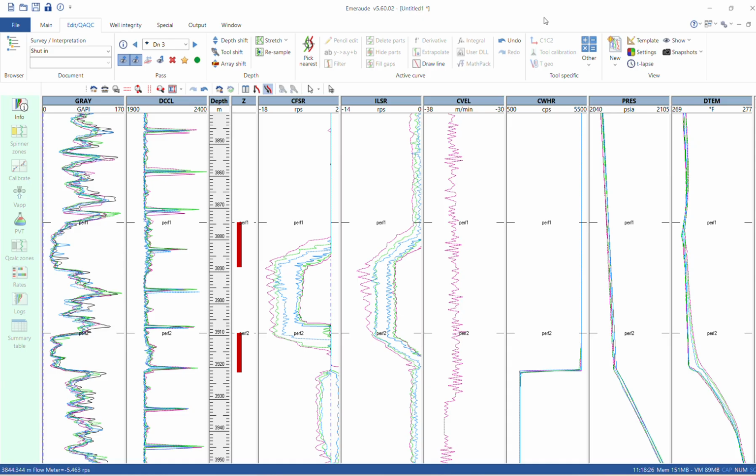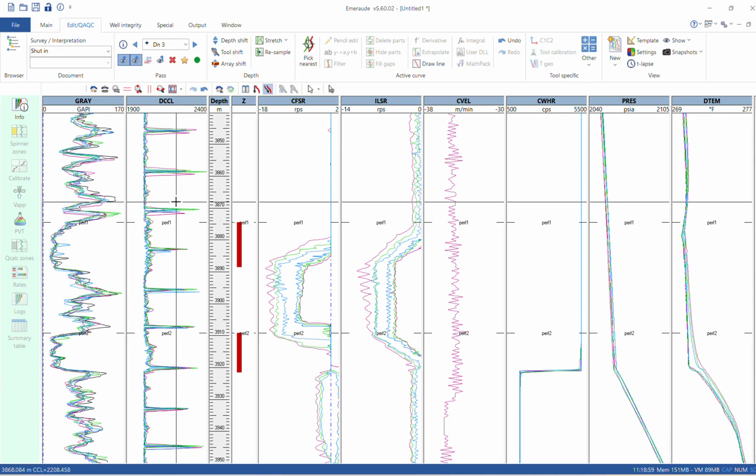Okay, so more or less like that. You can also do it with the CCL, set up gamma ray, and make the stretch based on CCL. It's your call. Then I click the home button and show all the intervals in one page here. Okay, so it seems to be okay? More or less. So what we can see here,